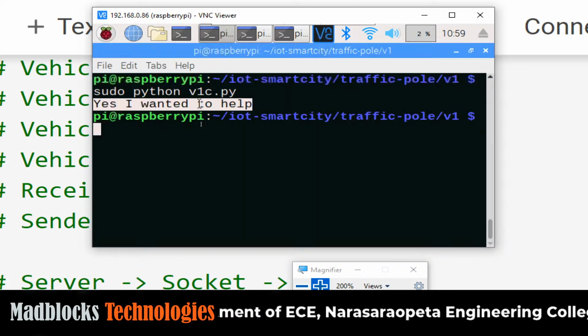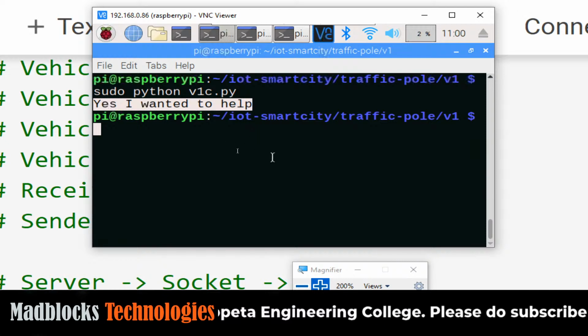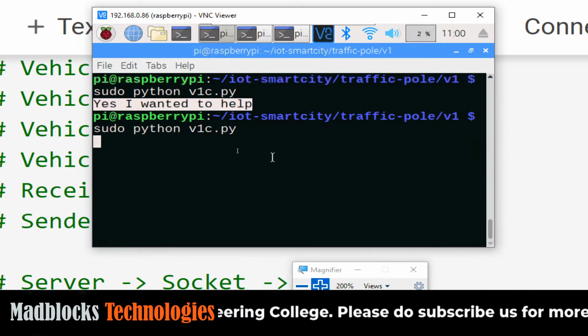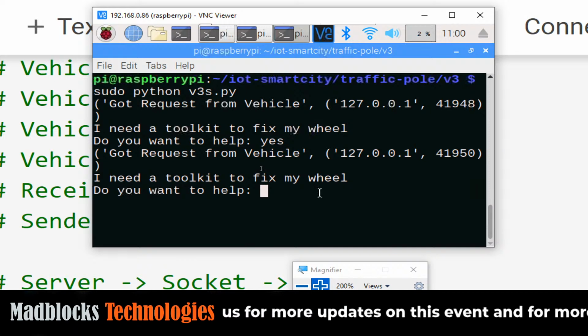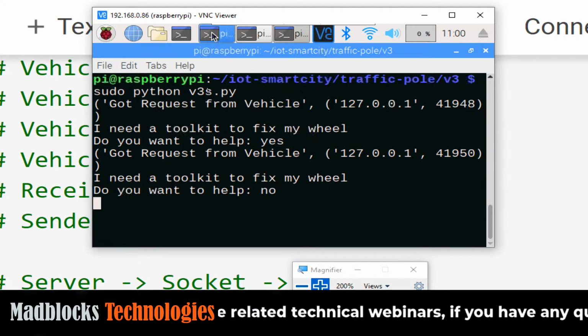Vehicle 1 has got it, as I wanted to help. Okay, so let me show you one more time. Let me run this program. It will send a request to vehicle 3. Say vehicle 3 is not interested, so let's say N, I don't want to help. Then immediately it will send data to,